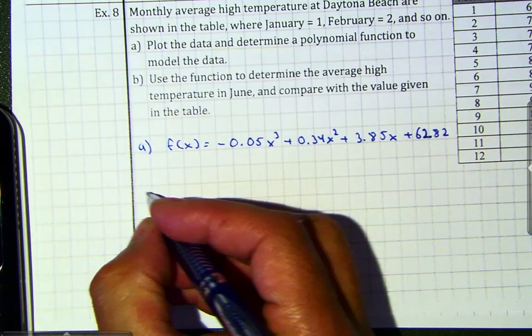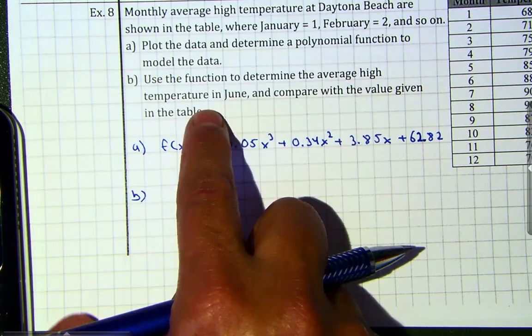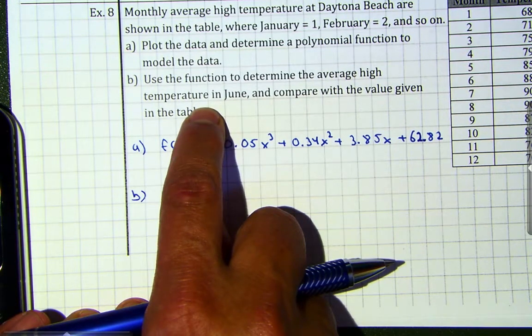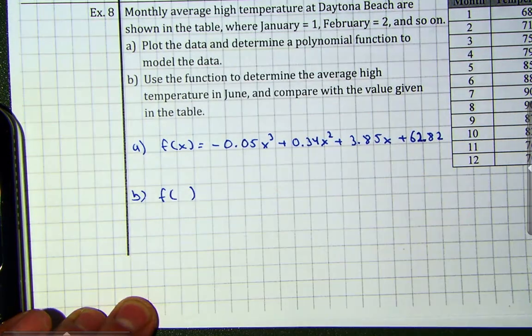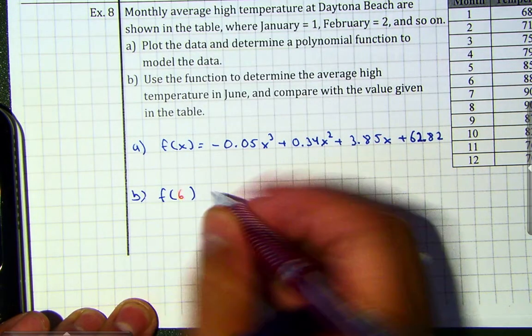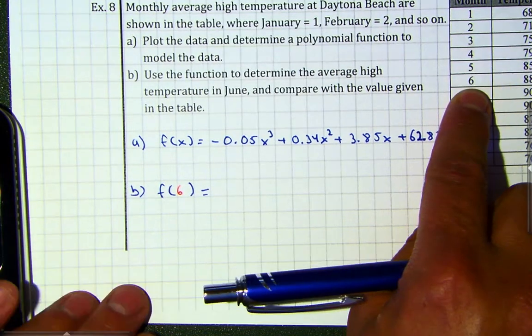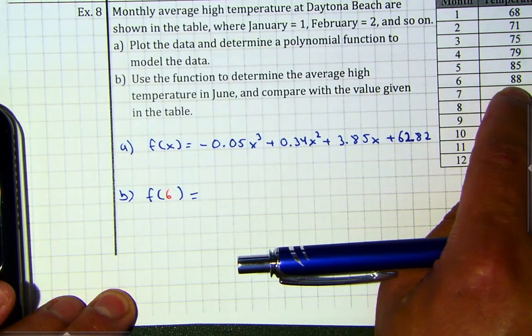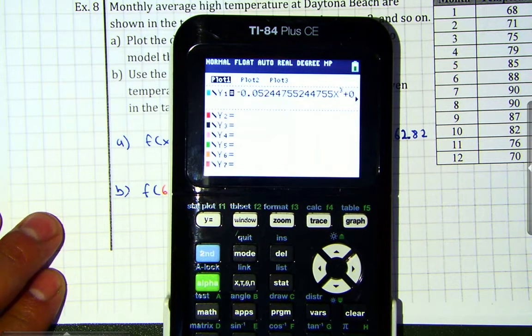Now for part B, use the function to determine the average temperature in June. So therefore, I'm going to type in a 6 into my function for June, and I want to see what it gives me. And then I'm going to compare it, because according to this, it should be 88 degrees. Now, since it's already saved for me,